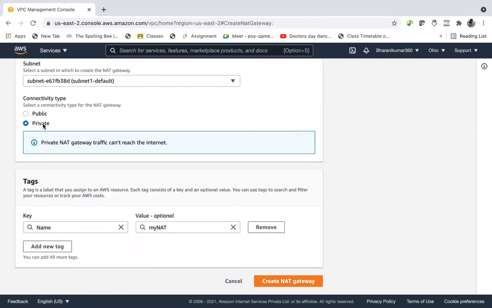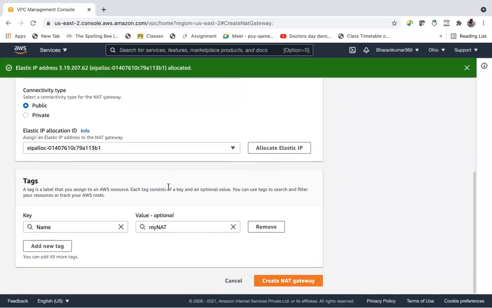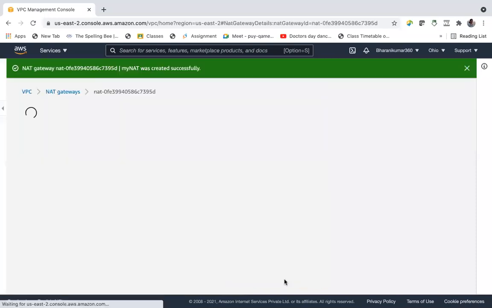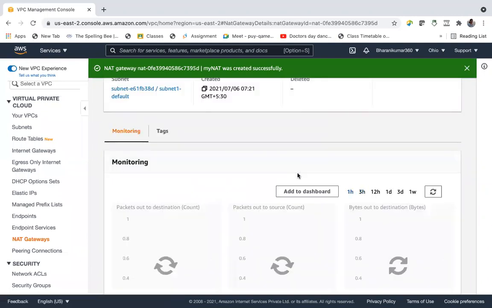So public. And allocate elastic IP. Allocated. Create NAT gateway. So state is pending.